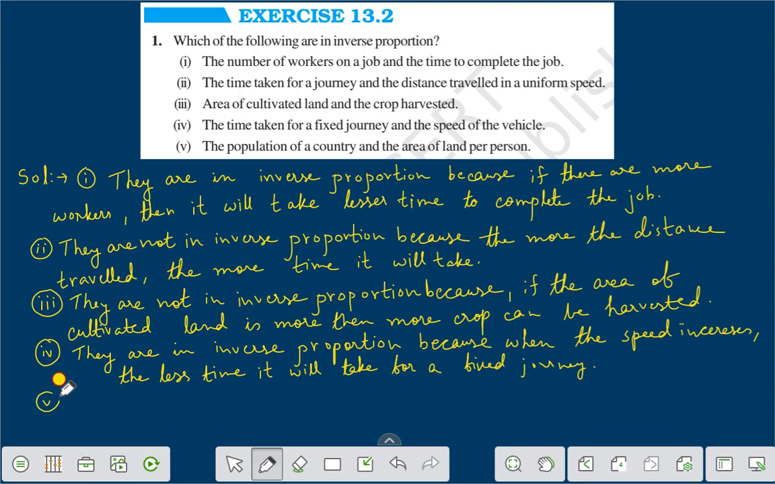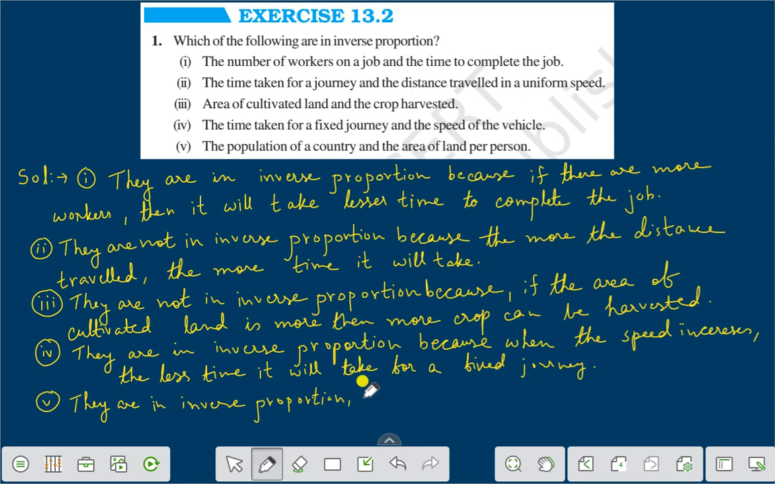Now question number 5. The population of a country and the area of the land per person, they are in inverse proportion, because